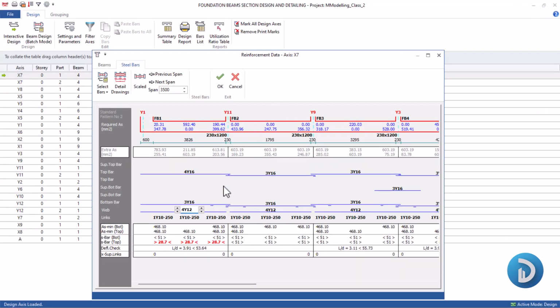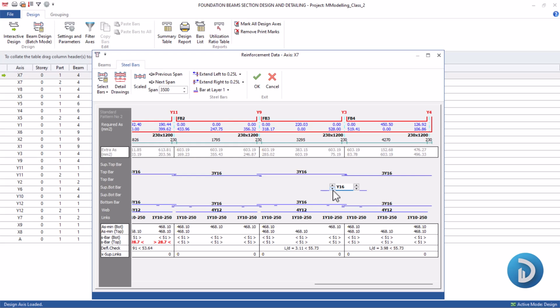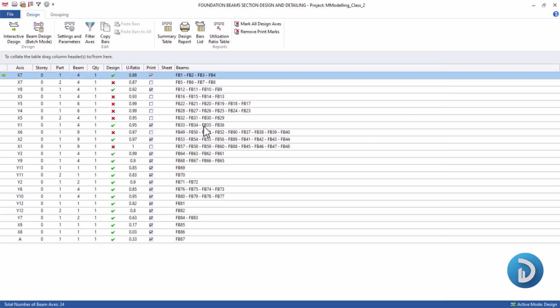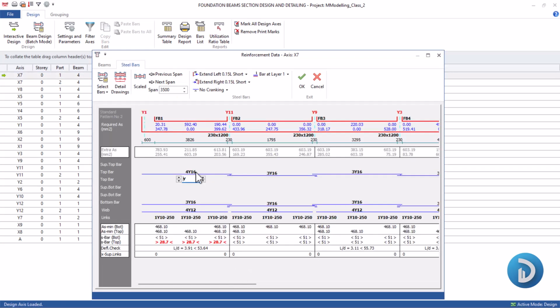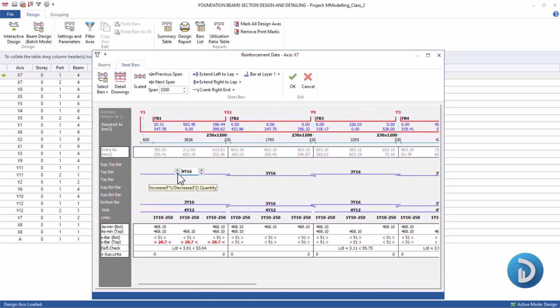So let's come back, and if we reduce this reinforcement to 3 numbers, you can see it actually has no effect whatsoever. All right, so let's take this to 4 numbers just for us to have a very rigid beam. All right, then we can click OK. So as you can see, our beam has passed. All right, 4y16 at the top here, then the rest is 3y16. Remember, we can as well take this to 3y16 for it to be a conventional reinforcement, but due to this area of steel extra, we have to take this to